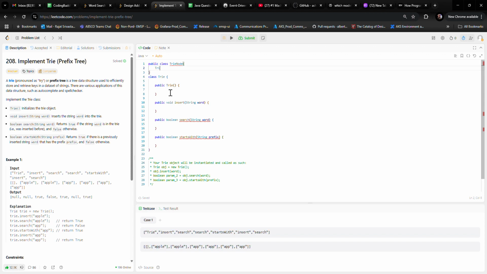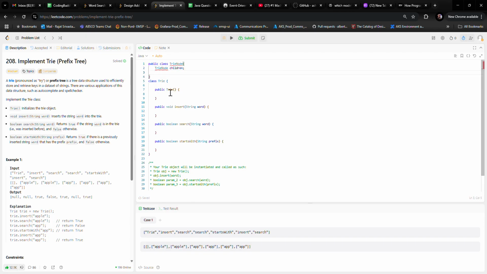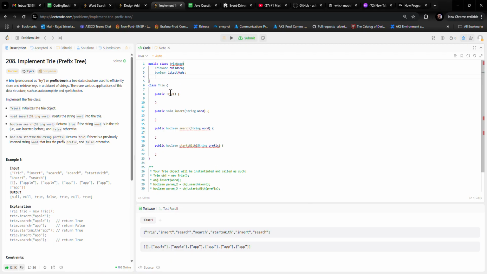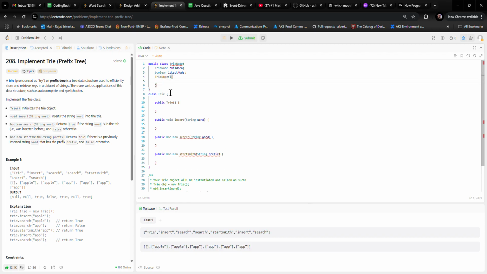So children will be of type TrieNode only, TrieNode children, and it will contain a boolean isLastNode. Okay. So these are two attributes, and now we will define this TrieNode constructor, where we will say children